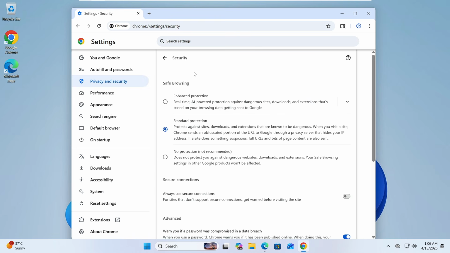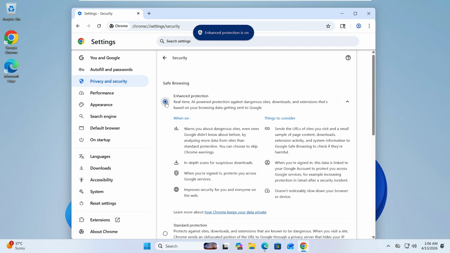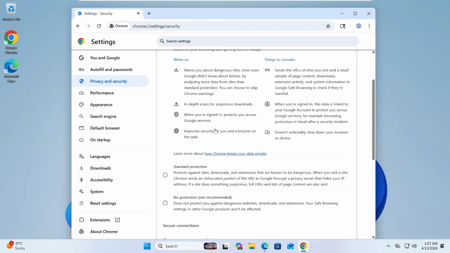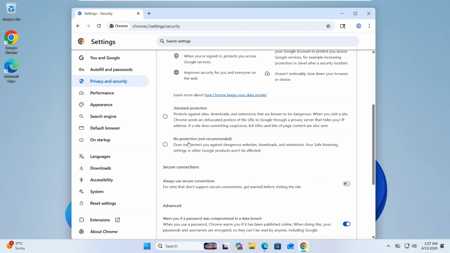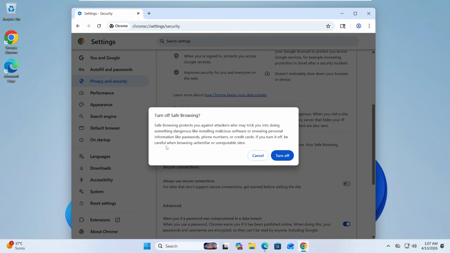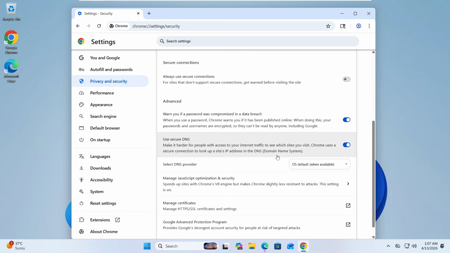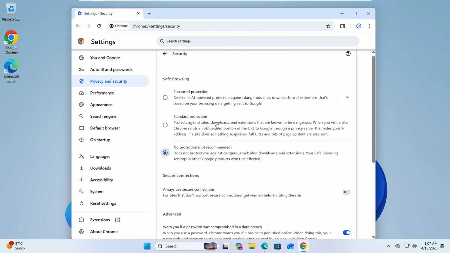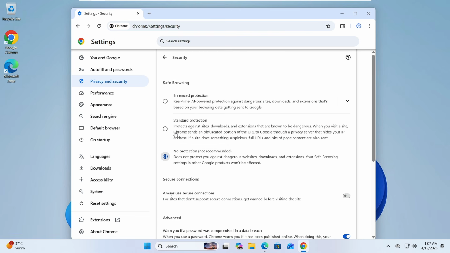Click on it. Now many times you are not able to watch such kind of content because your safe browsing has been set to either standard or enhanced protection. You can even read about what exactly it means. So this is the first try that you can give. In order to access any kind of adult website or similar website, you can choose this protection level to no protection, which is not recommended, but you can select it. Then you can browse any website, but again you can come to the same settings and choose back standard